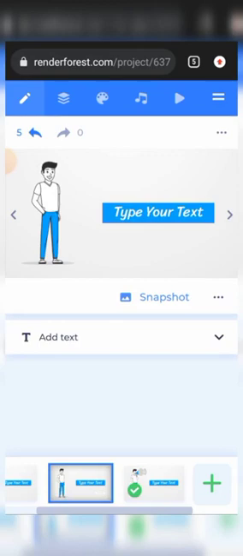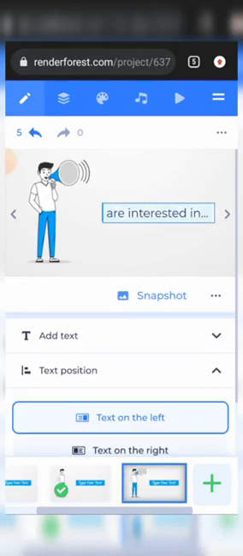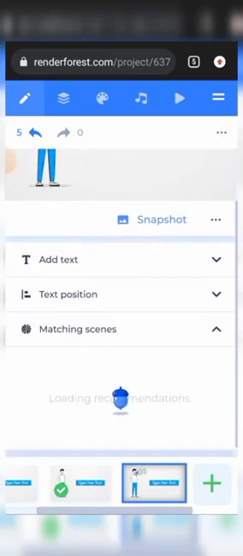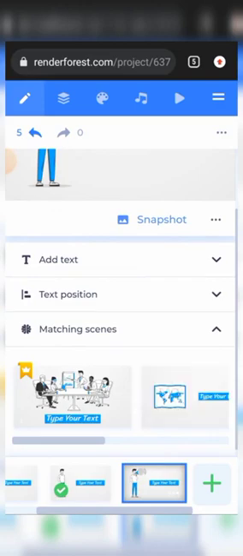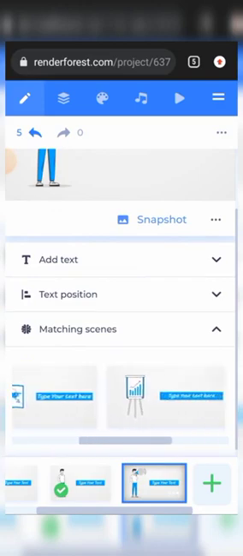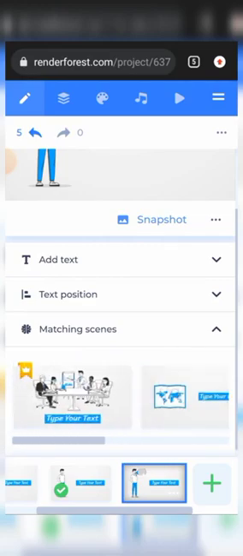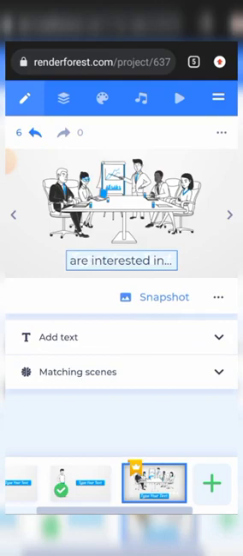I'll still come back to editing that particular scene. For now, we have prepared our text, and the next thing we want to do is get matching scenes for this scene, right? This is a pro version. Anyone you find with that crown there is a pro version. It means before you use it, you must